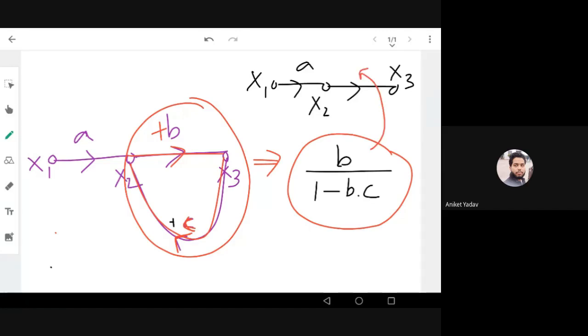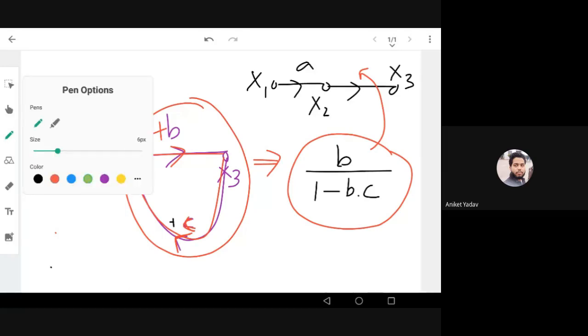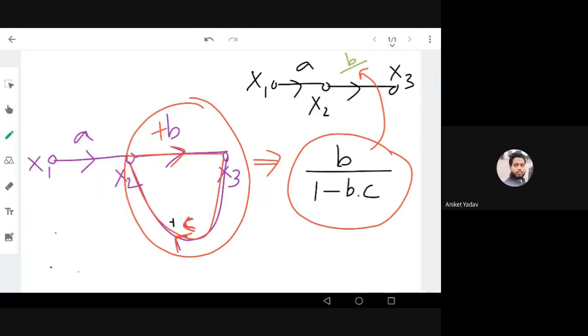What we have done, we have a feedback path gain, right? We have a feedback path in the node x2 to x3. We have feedback. Forward path gain is plus B and feedback path gain is plus C. So I have simplified it like Lagrangian reduction, and that is nothing but numerator is forward path gain divided by denominator 1 minus forward path gain into feedback path gain, 1 minus BC. Okay, so right now I can write like this. This is represented as B divided by 1 minus BC.